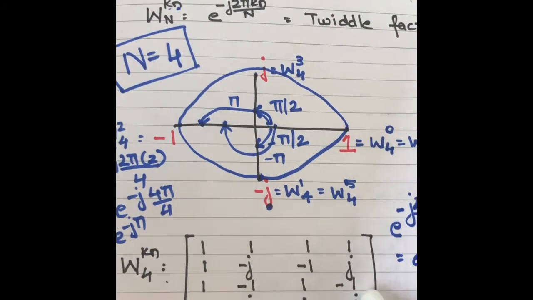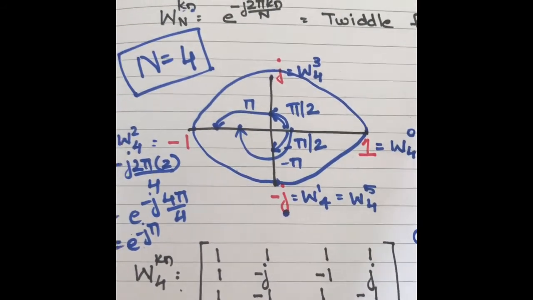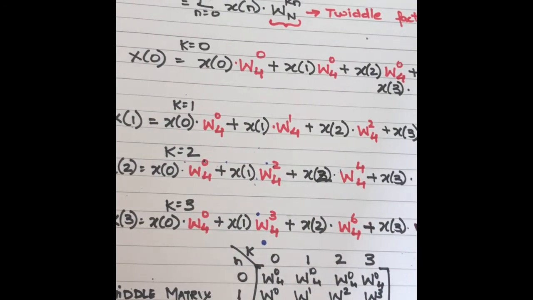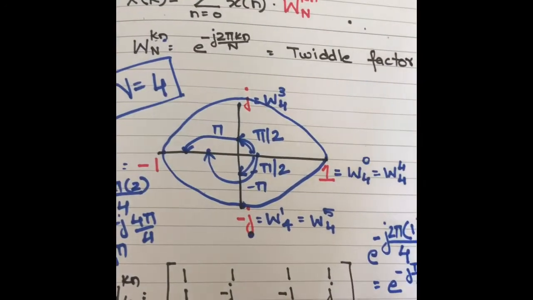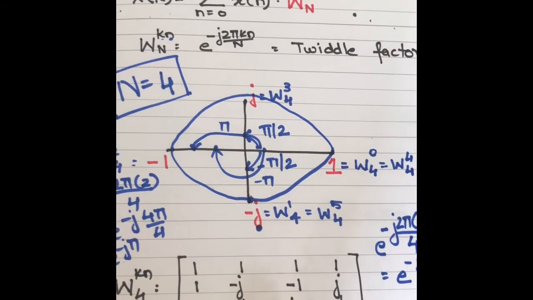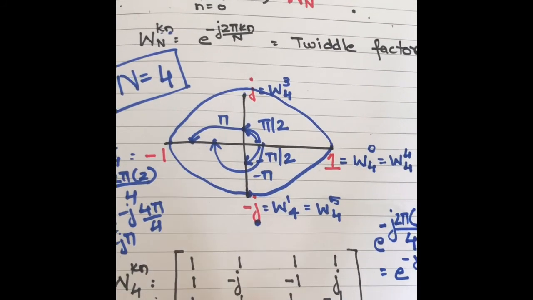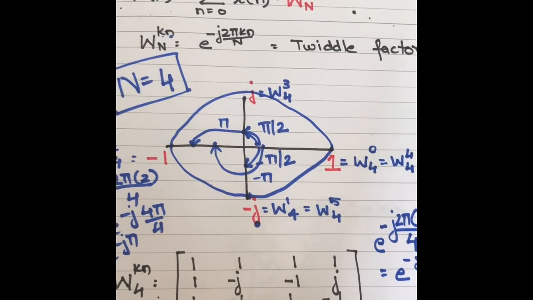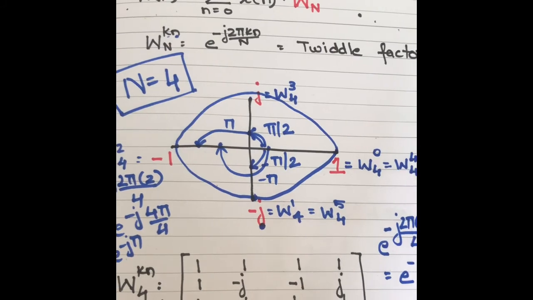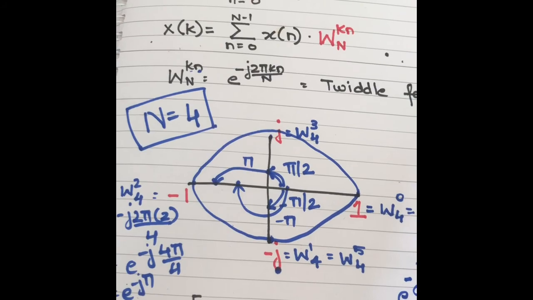So this is the entire twiddle matrix which you need to memorize, because there will be many problems asked on the 4-point DFT. You cannot sit and solve it like this because the problems will be lengthier. So you just use the twiddle matrix to solve the DFTs. Kindly memorize this matrix, it is very important, it is asked very frequently. So the first row and first column are all ones, then minus j, plus 1, plus j, minus 1, 1, minus 1, plus j, minus 1, minus j. Okay. Thank you.